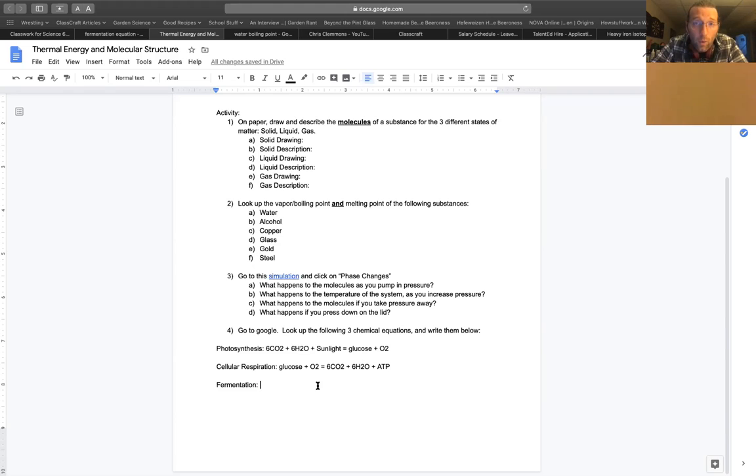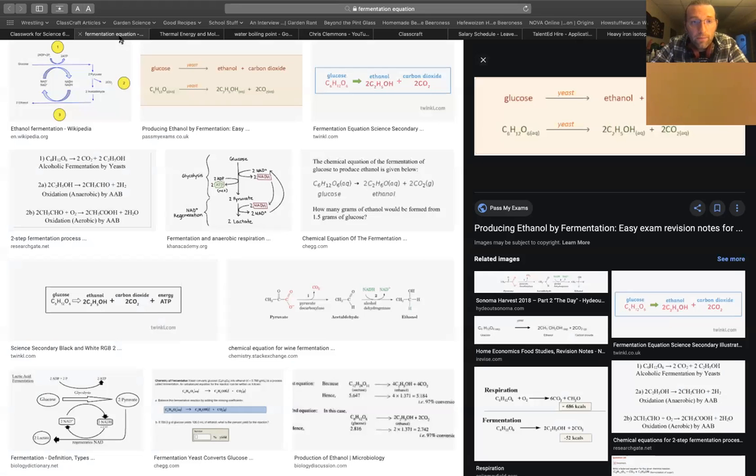Now, the equation that we are going to be using has to deal with yeast. And yeast, they can't do cellular respiration. They're too simple of organisms. They're tiny little microscopic organisms. You can't see them with your naked eye, okay? They're very, very tiny, and they're very simple. And the glucose molecule is too big for them to munch on and break down like we do. So what they have is a different equation, and it's called fermentation.